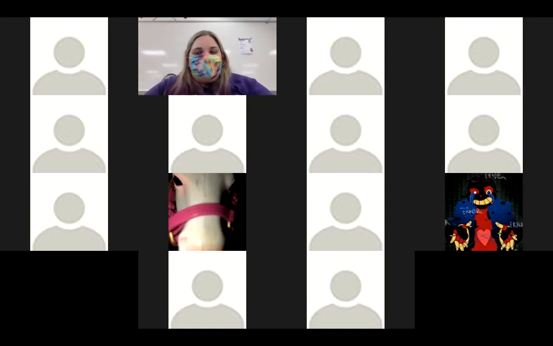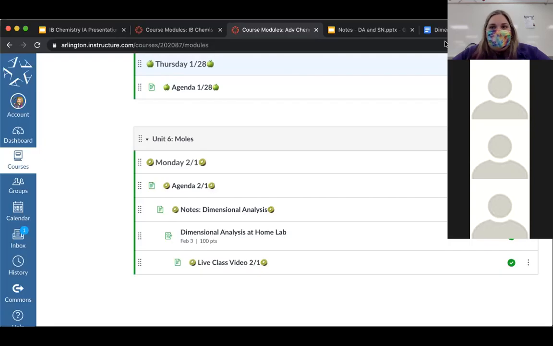And dimensional analysis is basically a technique that you can use not just in chemistry. If you take other science classes like physics, engineering, you'll usually use it in there, and even in math, and you can use it in everyday life, as we're going to see in just a little bit. So I'm going to go ahead and share my screen really quick, switch over to our